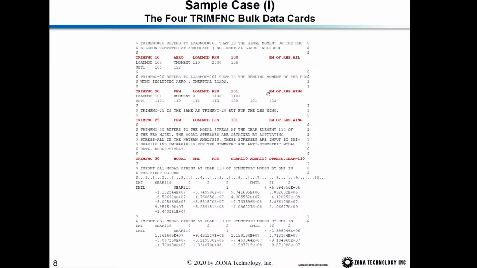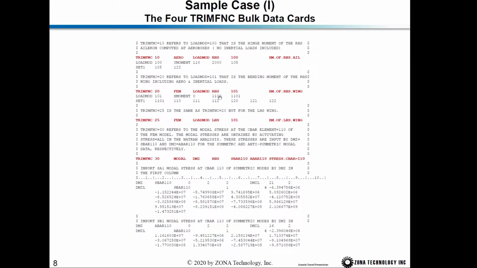The next one is the bending moment of the right hand side wing. So this belongs to the finite element quantity, and again is a load monitor. We want to calculate the right hand side bending moment, and then it refers to 101 load monitor, and we use the global aerodynamic coordinate, and we want to take the moment about the x-axis. Okay, so that will give us the right hand side wing bending moment, and this refers to the panelist